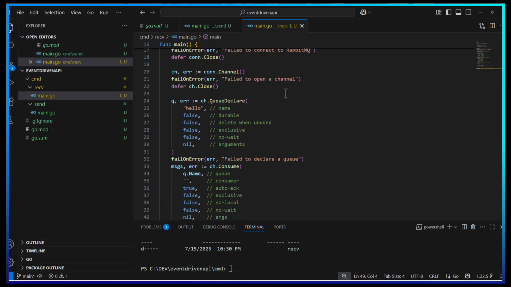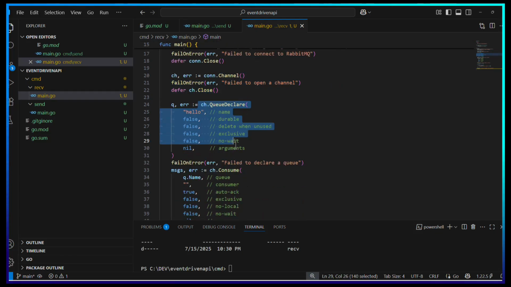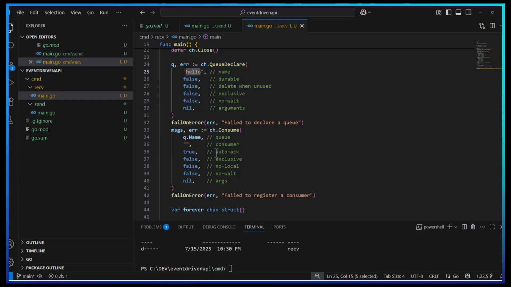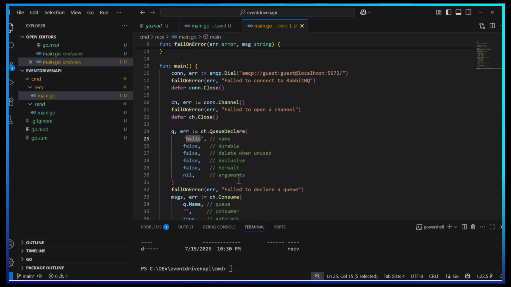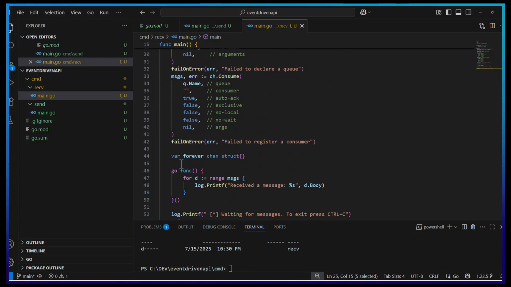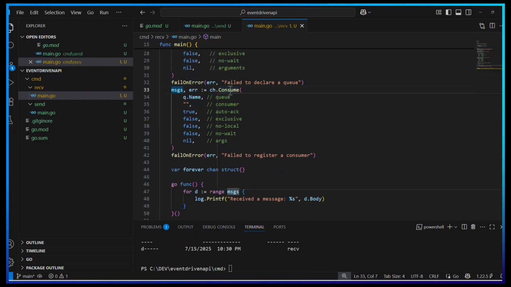So again, pretty much the same code. So we dial, we get the channel, declare the channel, same config set, then we fail on error, which we paste in again. Then we create a channel that just takes an anonymous struct, and this is going to be used to keep our program running. And so then we start a goroutine here that's just going to range through the messages we consume off of this